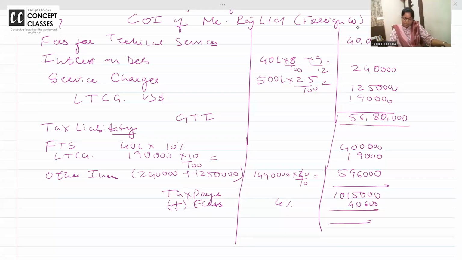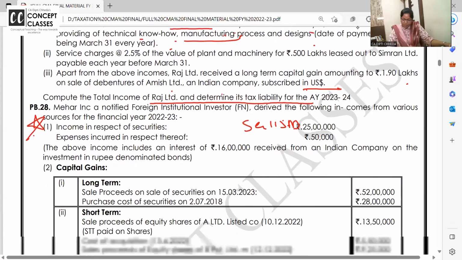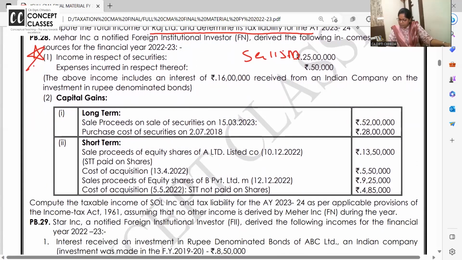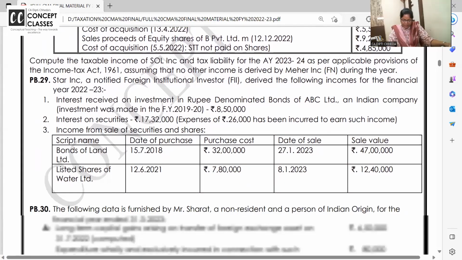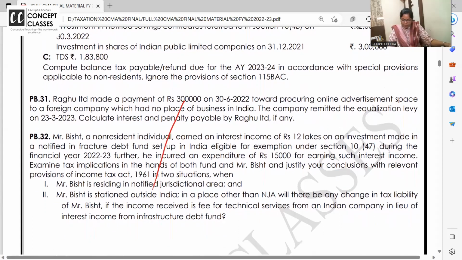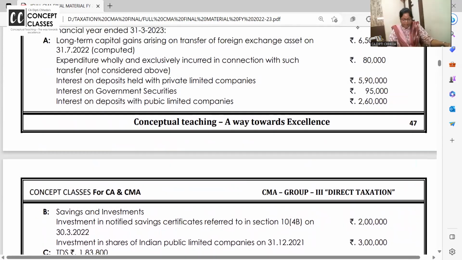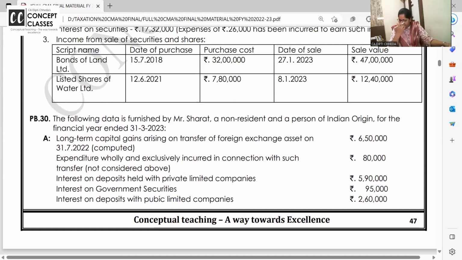So that's all for this. This kind of problem is rarely asked, but if asked, you should know. Here it has royalty also, and all the other incomes also. So that's all for the 27th problem. 28 we have done. I marked it very important. 29 and 38, these two keep pending right now. When I do those topics, I will take them.